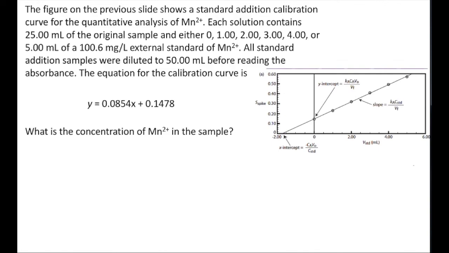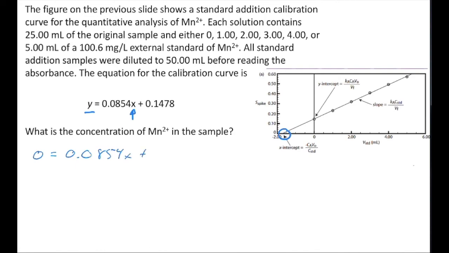So the first step is to determine what point is here. We're going to determine the volume of standard that would be required to give us the signal for the unknown. So in that case, we're going to set y to 0 and solve for x. So if we write that out, we're going to have 0 equals